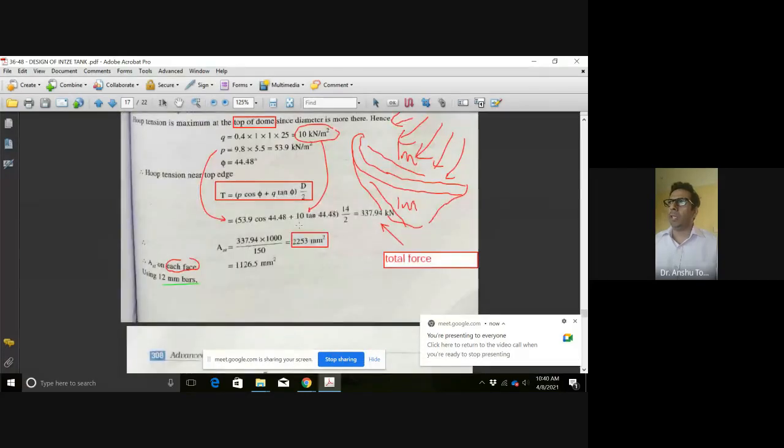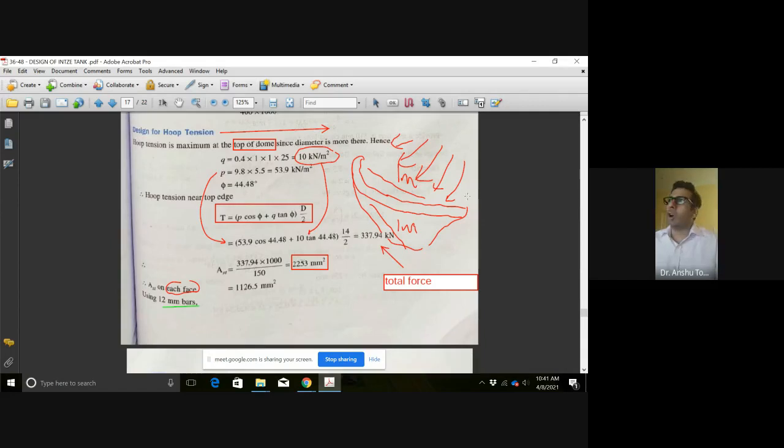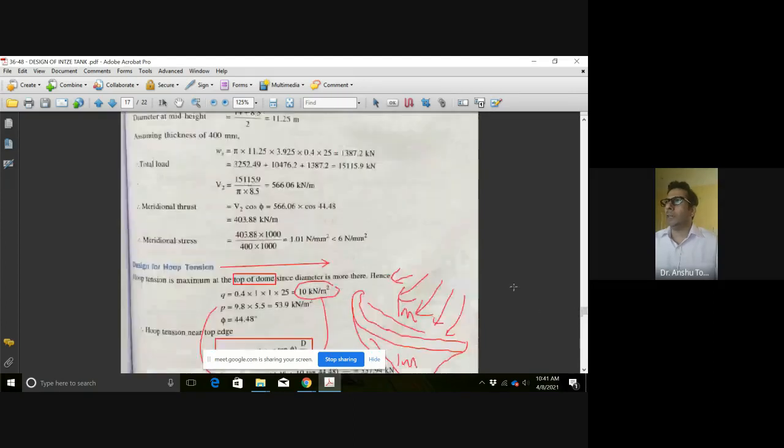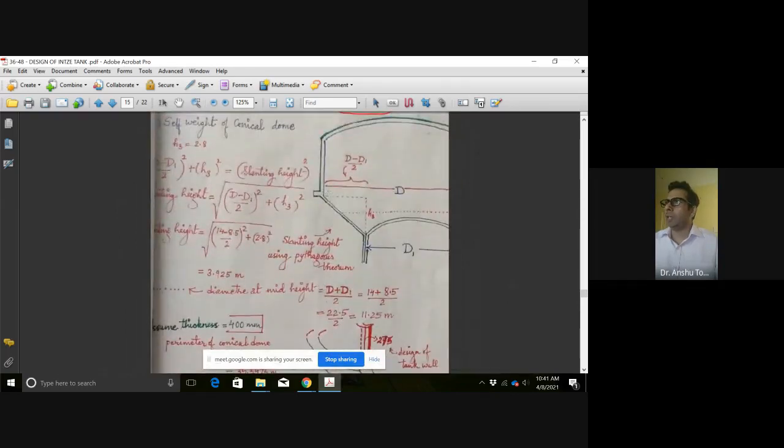So depending upon this, we have to evaluate value P and Q. And phi we have already evaluated. We have to just put the value of P and Q into this formula. D is going to be always when we are evaluating at the top of the dome. At top it is 14 and at bottom it is 8.5. So let me see if I've drawn the figure. So this is top part, this part is 14 and this part we are having 8.5.